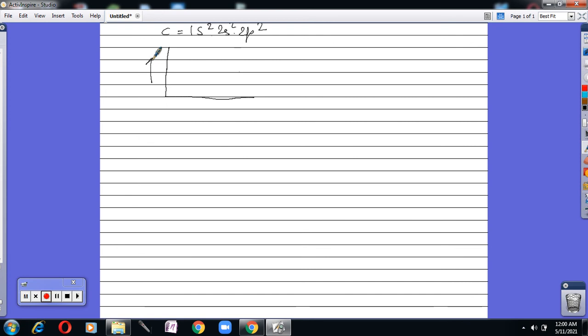We are trying to graph energy on the y-axis, and on the x-axis here it is 1s, it's 2s, and this one is 2p, right? Now,